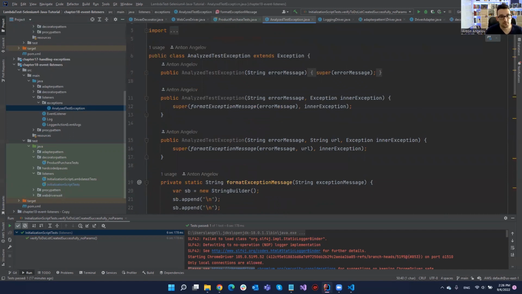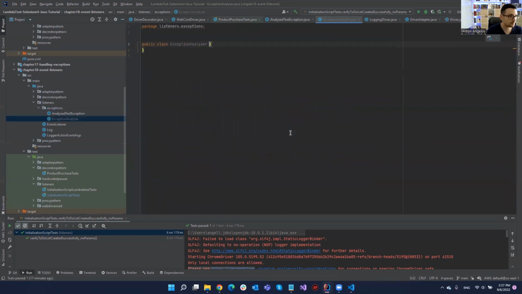And now another thing that we are going to do for the pattern is that we need to create... First, how this pattern works. Basically, it works with handlers. We have one big class, let's call it ExceptionAnalyzer. And this ExceptionAnalyzer will hold a static list of exception analyzation handlers. Meaning that, for example, when we start iterating through each handler, these handlers are basically checking and probing the driver, the current browser, the URL, the HTML page, different elements, whatever you put there,